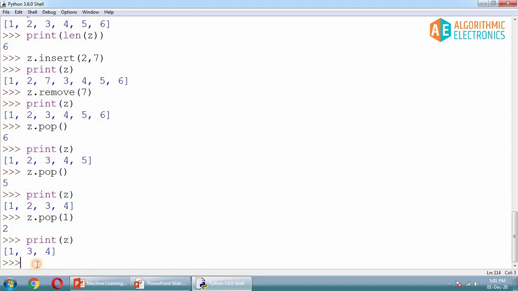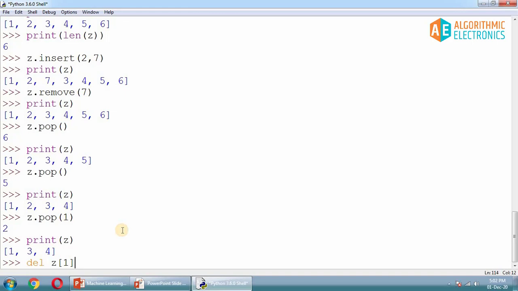So you can use the del function as well, delete, and what you have to delete, z, this is our list, z of 1, the index 1. Whenever I am using these square brackets, always remember that this is going to be an index. So this is at index 1, so this is the element which is going to be the victim of this operation, and this will be deleted.